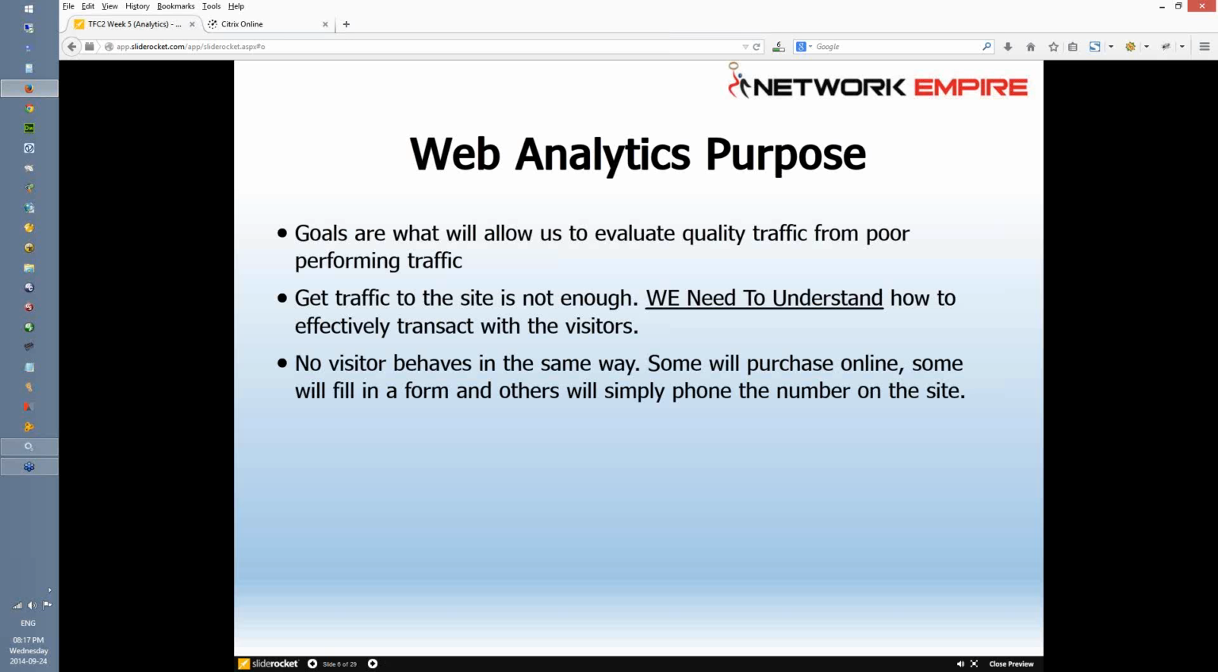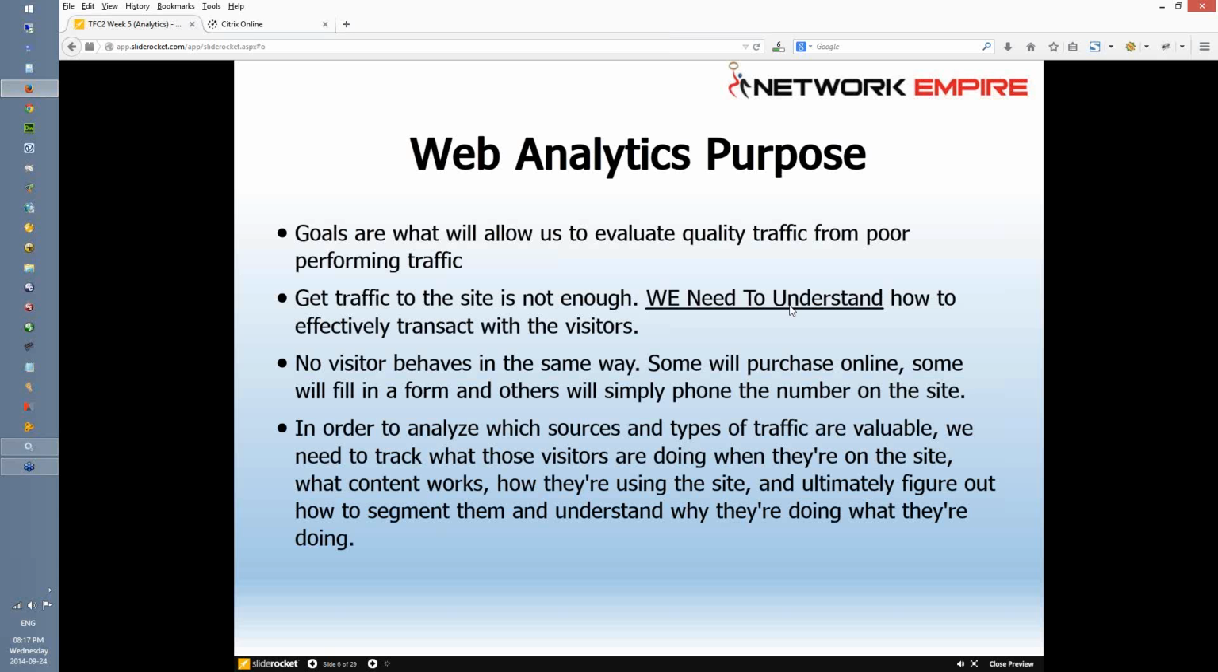The point I'm trying to make here is that everyone interacts with your website in a different way. What we want to find and understand here are the patterns in how they actually use the site. Then we want to start segmenting those into little groups and finding how we can create better transactions. So in order to analyze which sources and types of traffic are valuable, we need to track what those